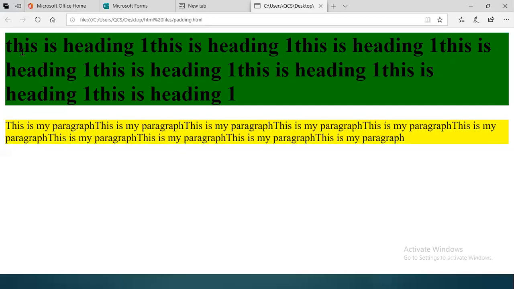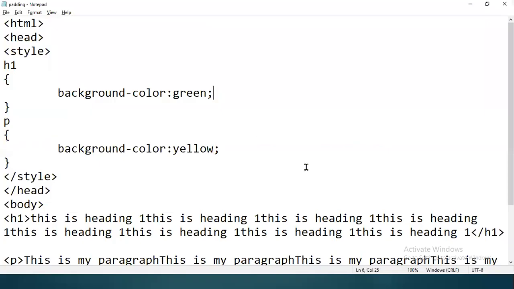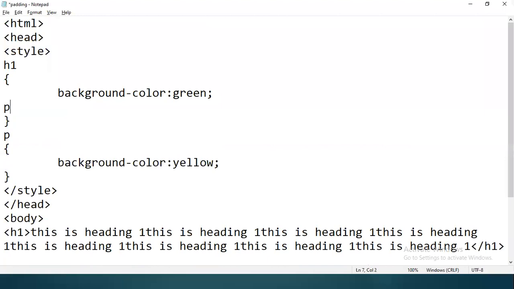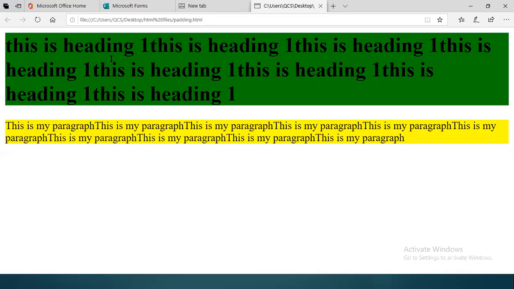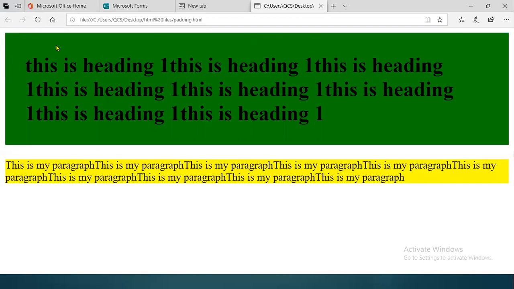If you wanted to add the gap, then you can give the property here, padding. For example, you wanted to give equal padding for all four sides. How can you write this? You will write padding colon, and you will write the value if you want equal padding for all four sides. Okay, now you can see the padding has been added. Some gap has been added between the content of the text and its border. Fine, this gap is known as the padding.